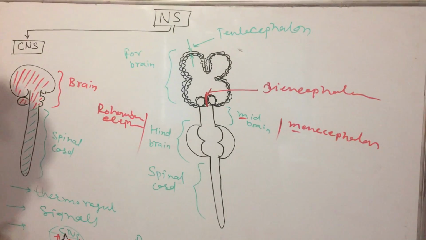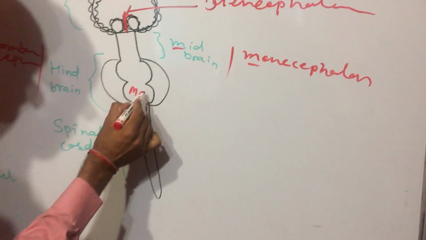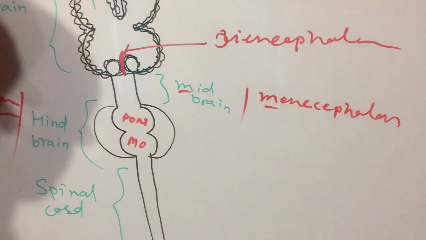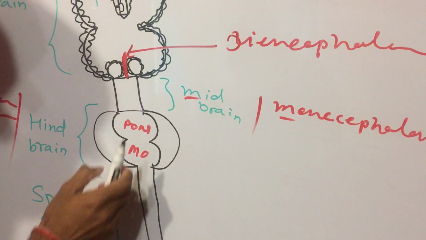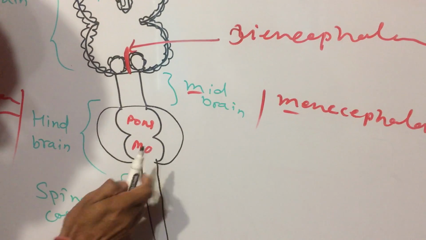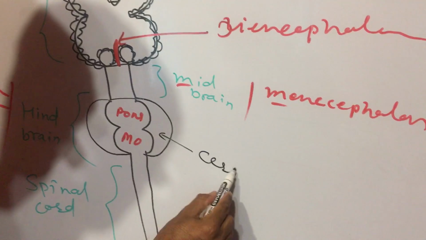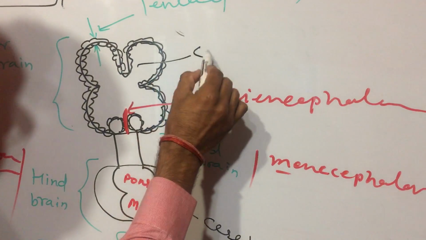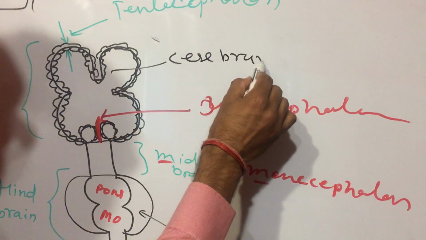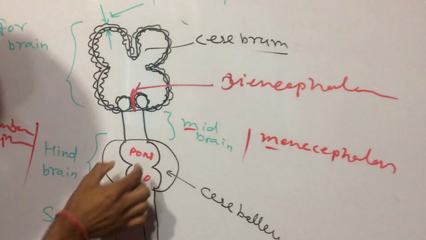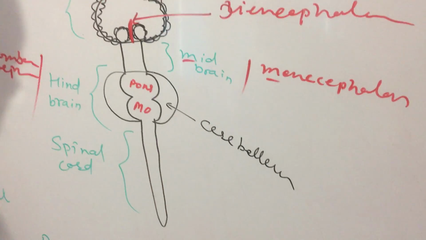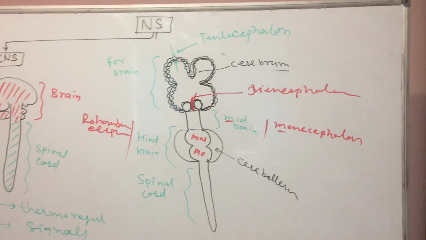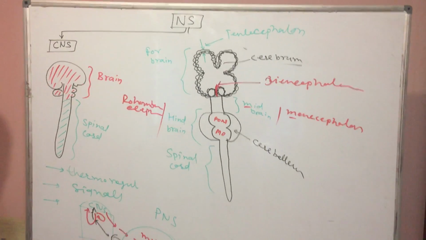This is the medulla oblongata, this is the pons, and this is the midbrain. Everybody knows this is the midbrain, this is the cerebellum, and this is the cerebrum. This is the pons, this is the medulla oblongata, this is the spinal cord. Okay, this is the general part of the brain. So next,